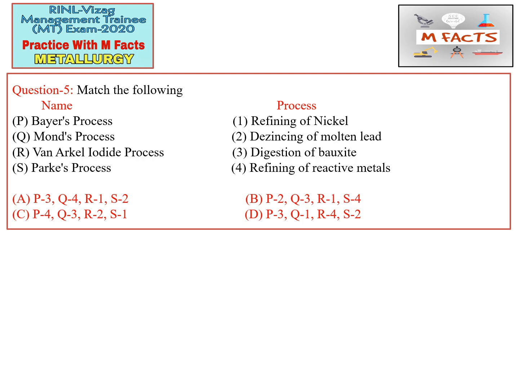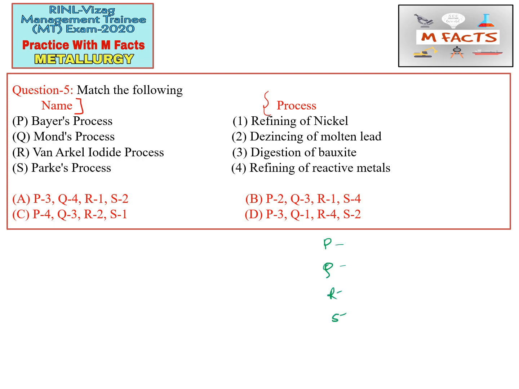So the next question is a matching type of question. This type of question always gives you a larger concept, so you may learn many things from matching type questions. On one side, in group one they have given some names, and in group two they have given some processes. Okay, so now we need to do this matching. I already told you, whenever you are doing a matching type of question, please write down P, Q, R, S and don't directly jump to the options.